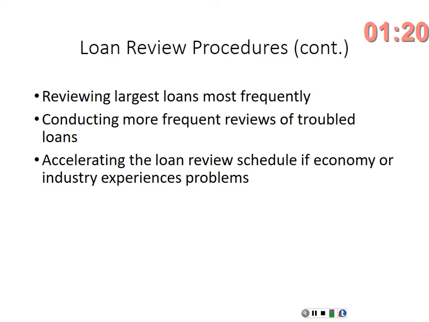And normally what happens is, you can't review all loans, so you try to cover a certain percentage. And it makes sense that if you have to cover 40% of your loan portfolio as a loan review, you're going to choose the biggest loans because they make up a larger percentage of your loan portfolio than a lot of really small loans.